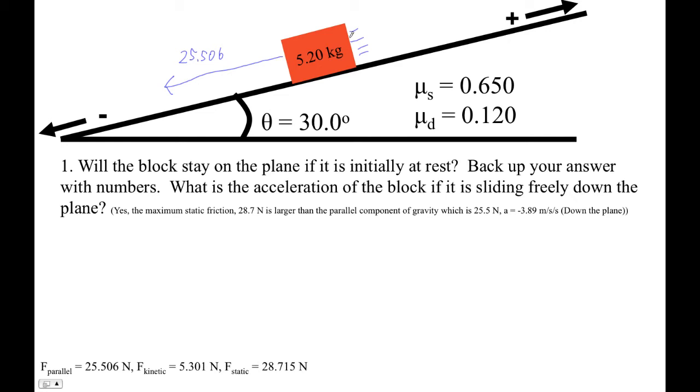The force of friction, the dynamic friction, not the static. If it's sliding, static is history, right? All those little bonds have been broken, and it's this guy. It's the 5.301 newtons, okay? Now, everything down the plane is negative, everything up the plane is positive, so we're going to make this guy positive, this guy negative. Our F equals ma looks like